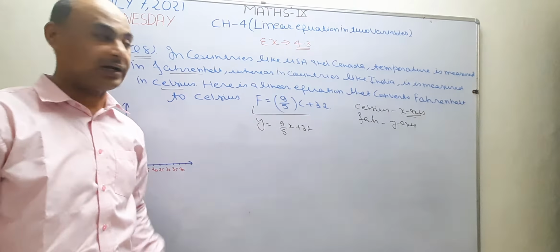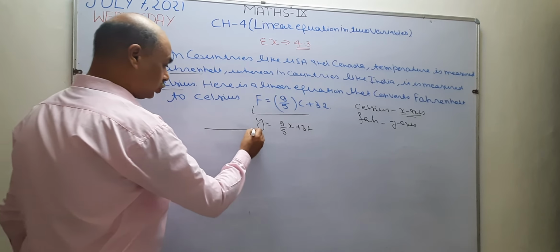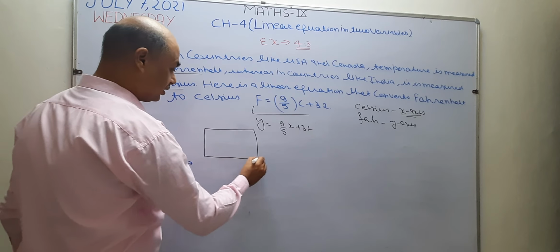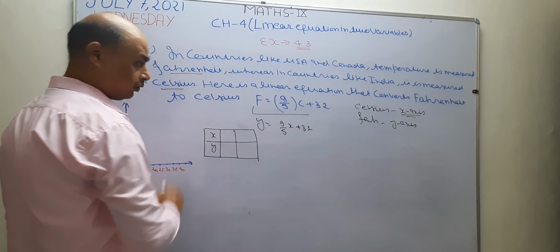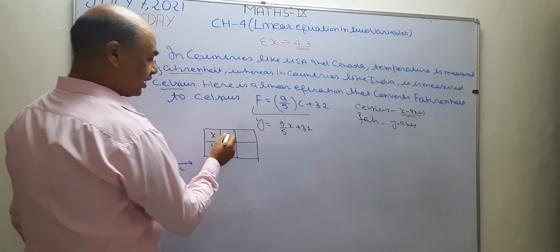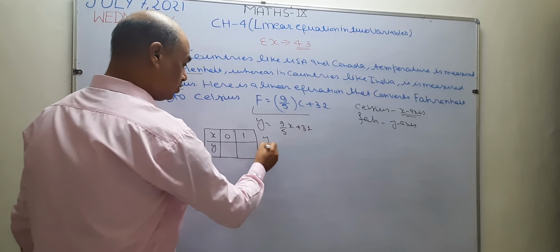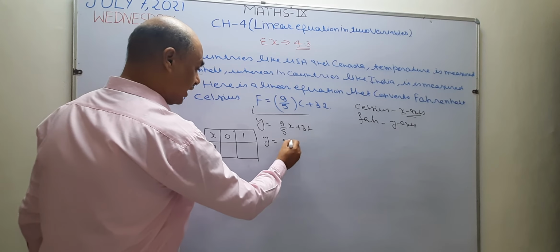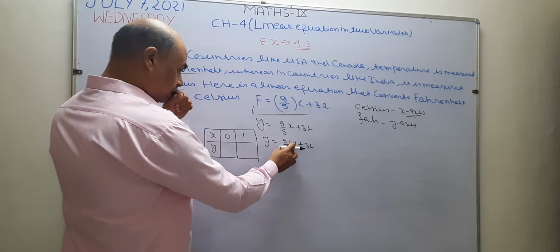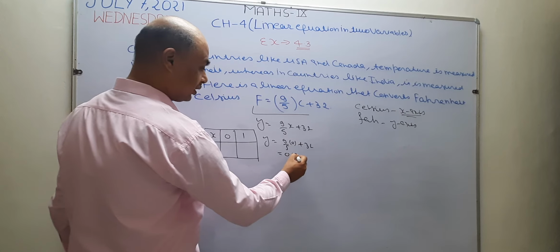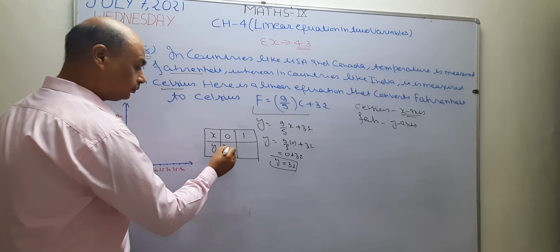Two variables are there. Okay, now I want to draw the graph. For drawing a graph, as you know, a minimum of 2 solutions are required to make the graph of any linear equation. So I want to find those values. See, 2 values are required, so I take x = 0 and 1. Now I take x = 0 in this equation. So instead of x, I write 0, and 32 remains the same. As you know, 0 into something is 0 and 32 plus 0 is 32. So the value of y becomes 32. So write here 32.